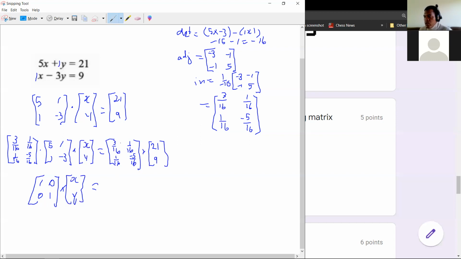And the only part we need to calculate is the right-hand side, which will be the matrix multiplication. So I'll have 21 times 3, which will give me 63. I'm already multiplying out and just going to be doing the simplification this way. So I have 63 plus 9/16, and then I'll have 21